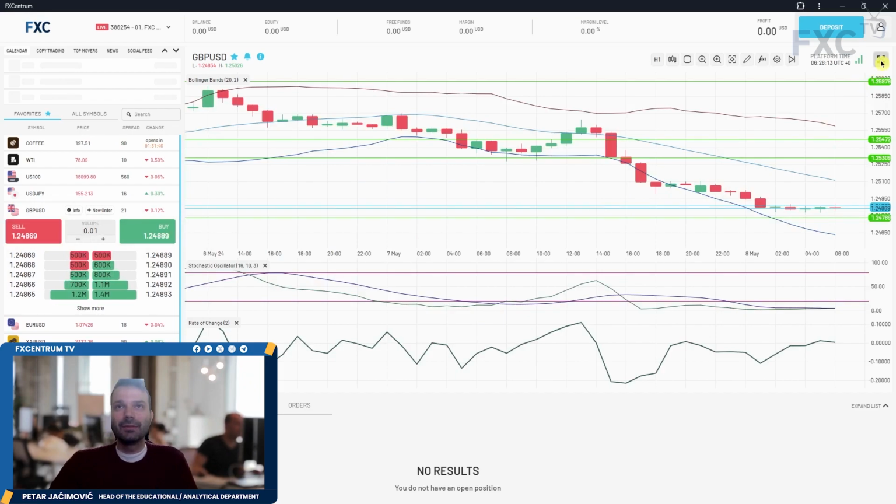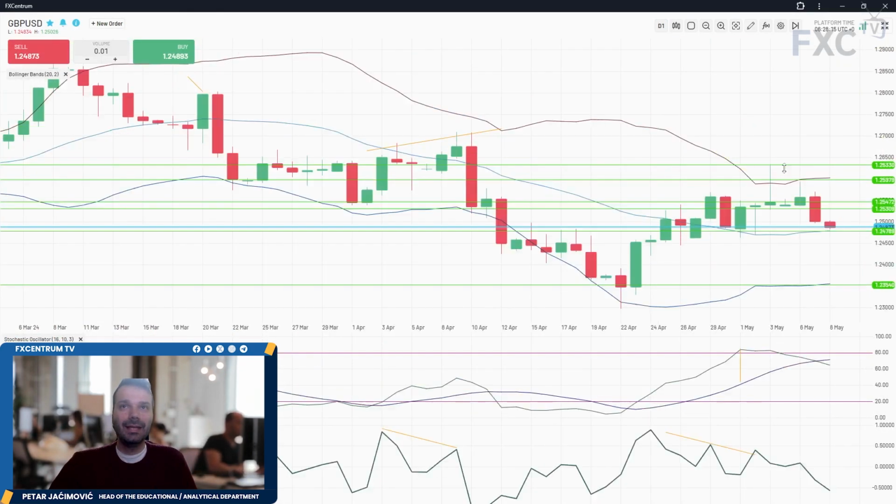The next market I want to cover is pound dollar. So what we had here is a classical rejection. I alerted about this, we had big bear divergences in the background on the rate of change in the last 10 days. And we can see the fast line